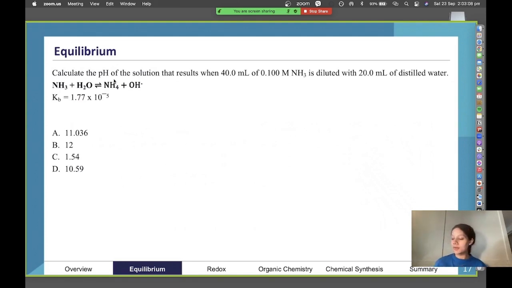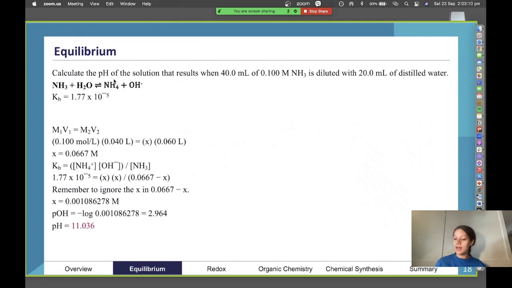Okay, so I'm going to go on to the answer now. So we can identify the information we've got. So we know how much we have, what concentration of NH3 initially, and then we have how much we have diluted it with. We've also got our Kb value, and I'm going to try and use that to figure out what our pH is ultimately. So you can see we have quite a few different little steps and equations here.